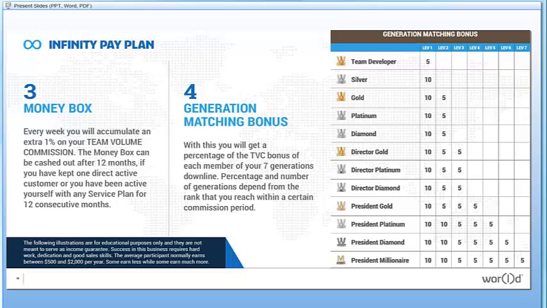Okay, so with the retention bonus, every week depends on the volume on the left and the right, what is being paid to you. If you just have 2,000 in volume, you get paid on 2,000 in volume. So 1% of 2,000, that's $20. So next week, that volume could be 3,000 or 4,000. 1% of that will be that much. You will be paid, and that is called a money box, because they're going to put it away for the next 12 months. If you make your payment 12 months consistently,